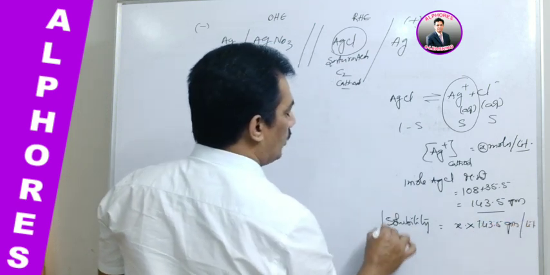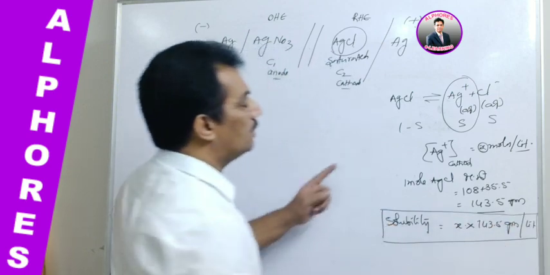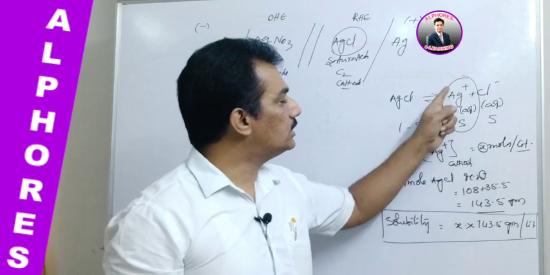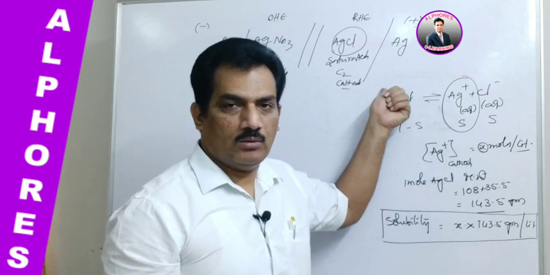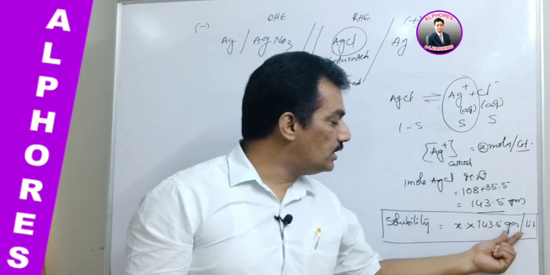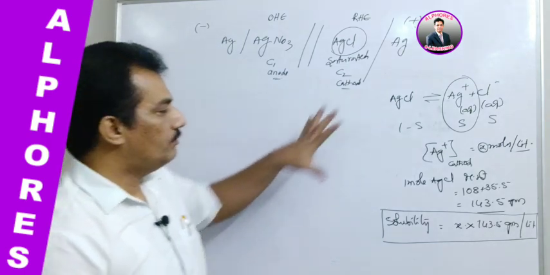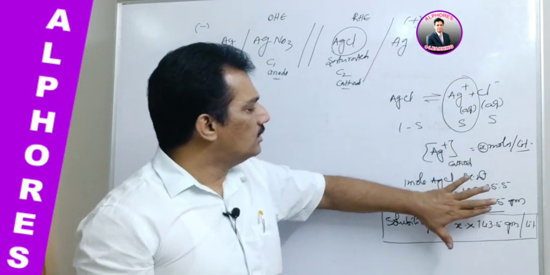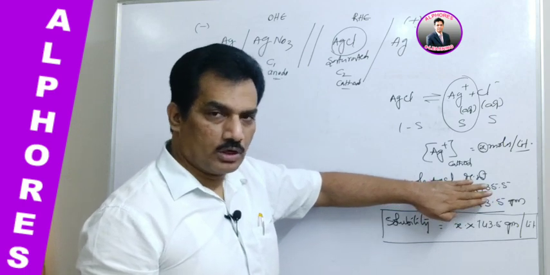This is how to find the solubility. Once we know this Ag+ concentration, that is the solubility concentration of Ag+ at the cathode. Clear? So like that we can consider the solubility in grams per liter for this sparingly soluble salt. And all this we learned in junior inter, that is 11th class, in ionic equilibrium: solubility product.